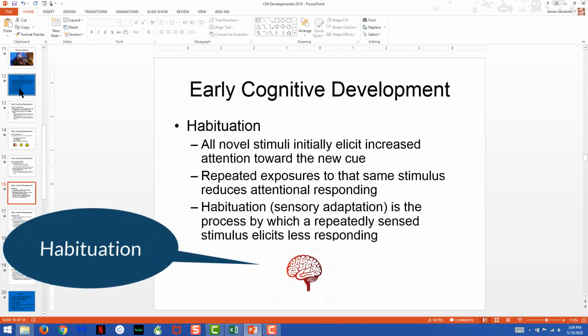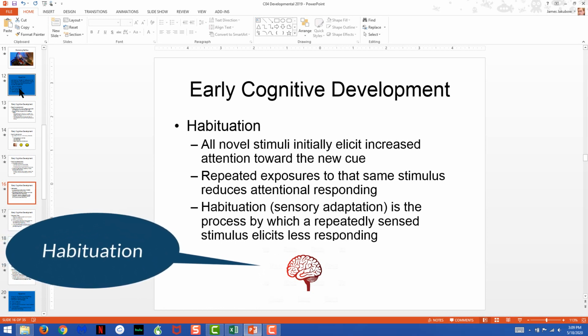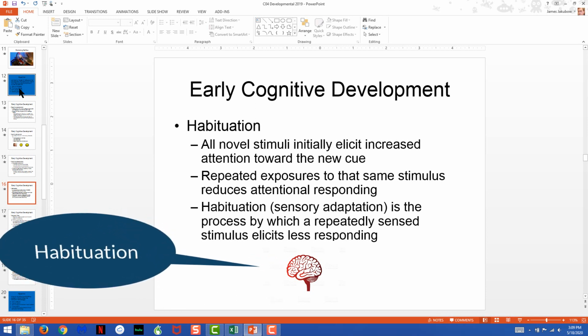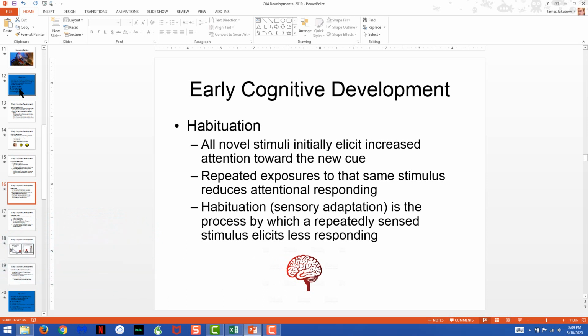That process is going to be called a habituation test, which will be used to evaluate the cognitive structure of small children that don't have good language or any language at all. So one of the things you see with habituation is that all novel stimuli initially increase attention toward the new cue. That is, for anything that is completely new to a human being, and you could do this in a